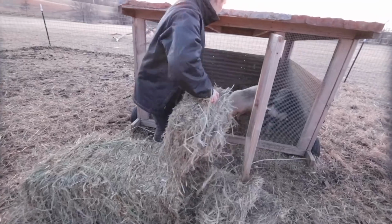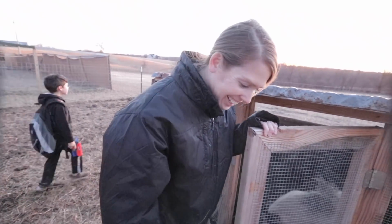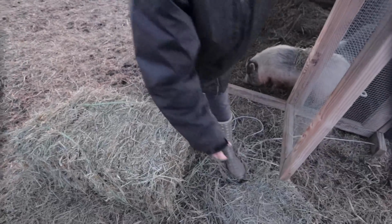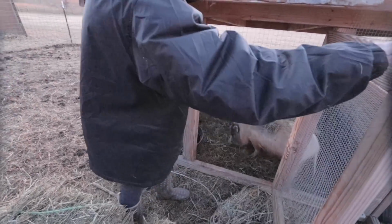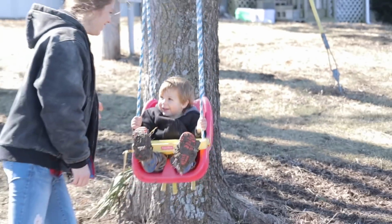I've got my camera. How far do you get it out here? You get it to the emu cage. Oh, okay. He said it was 100 pounds. Oh, you've lifted the 50-pound feed bags. I think it's about the same as that. There you go, piggies. Even if the sky is falling down,